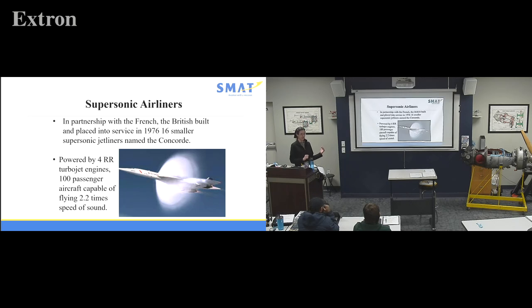Now, the French want to hop on board, so the French partnership with the British built and placed into service in 1976, 16 smaller supersonic jet liners named the Concorde. Powered by 4 Rolls-Royce turbojet engines, 100-passenger aircraft capable of flying 2.2 times the speed of sound. But, anyone know why they're not flying today? They crashed one, which has